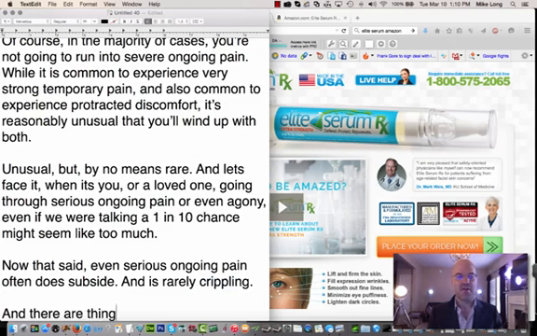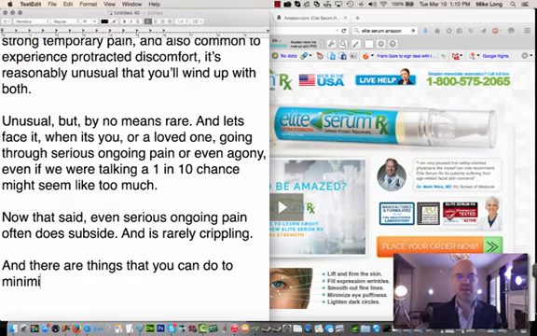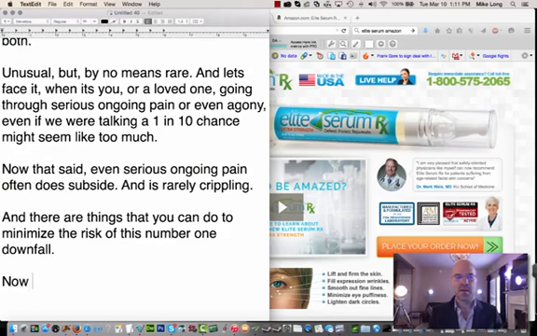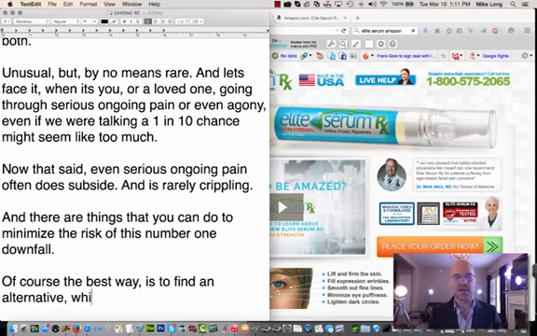And there are things that you can do to minimize the risk of this number one downfall. The most important, of course, the best way is to find an alternative, which can often be